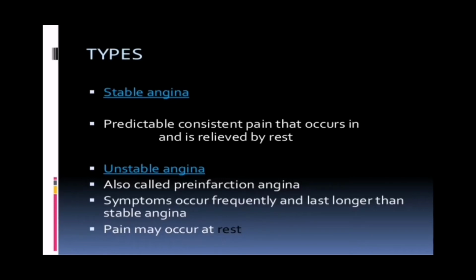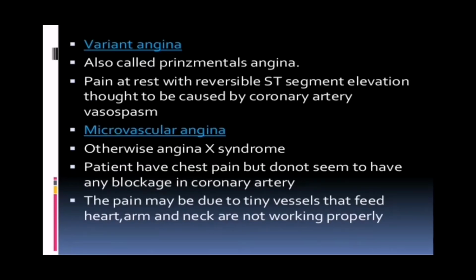Types: stable angina, predictable consistent pain that occurs on exercise or exertion and is relieved by rest. Unstable angina, also called pre-infarction angina: symptoms occur frequently and last longer than stable angina. Pain may occur at rest. Variant angina, also called Prinzmetal angina: pain at rest with reversible ST segment elevation, thought to be caused by coronary